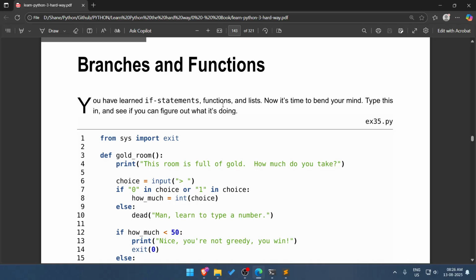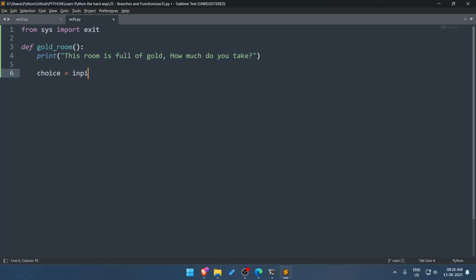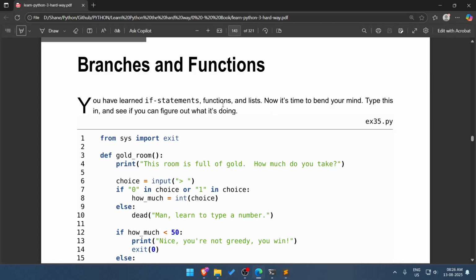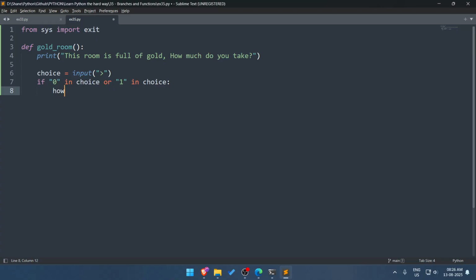Learn to type a number. Okay, so we take an input with a prompt. Okay. So if 0 in choice or 1 in choice, how much equals integer of choice.